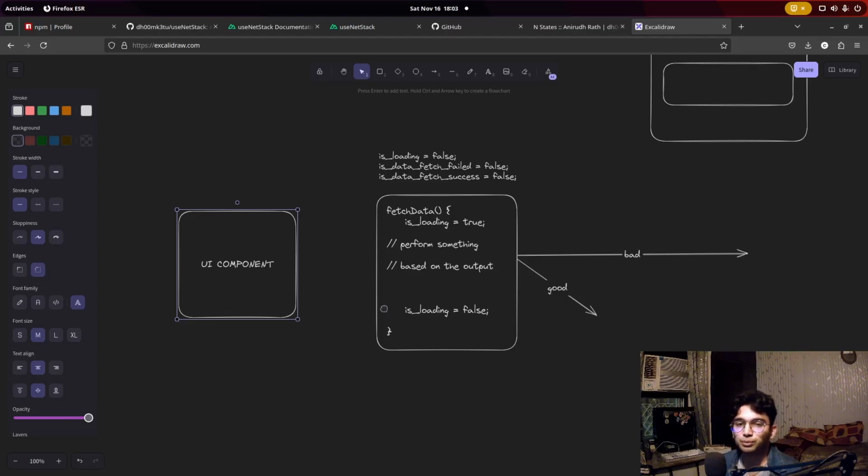Now, the response can be good and it can be bad, as simple as that. It could be success, it could be failure. We are already handling the loading state. We get the data. Let's say we get the data in the form of an array, right? In our JSON response, inside an object, we have an array, and we check